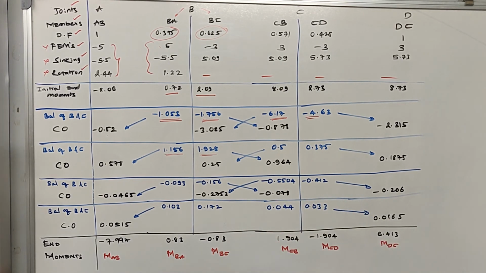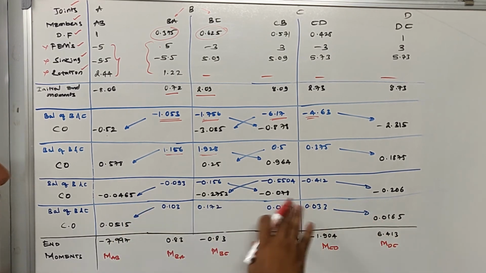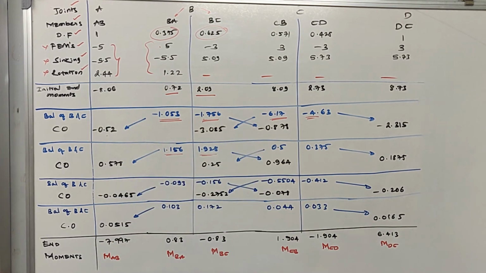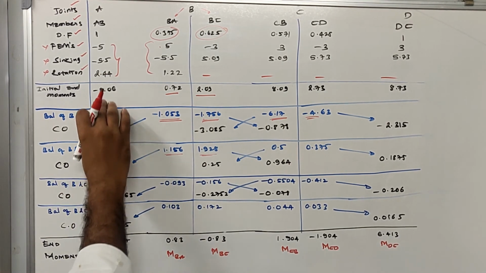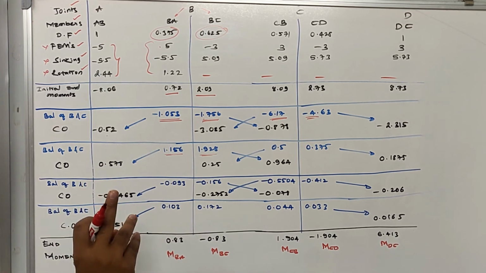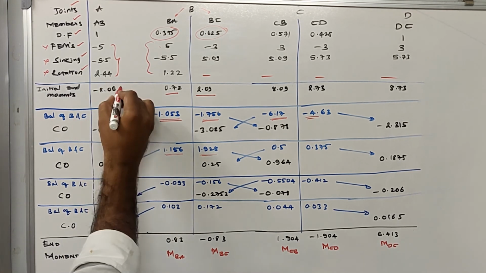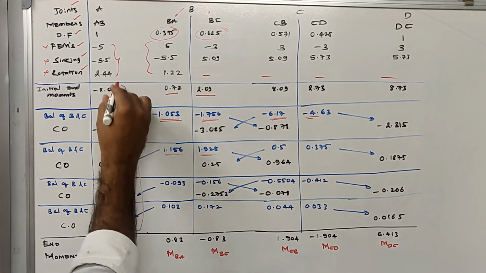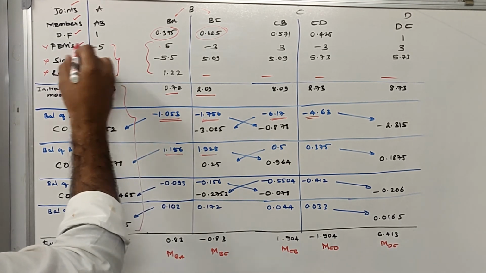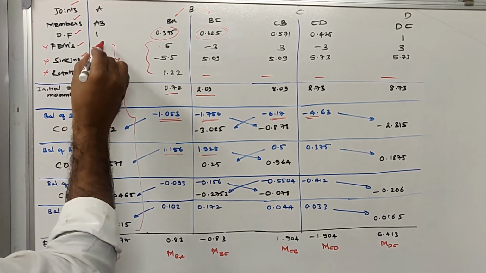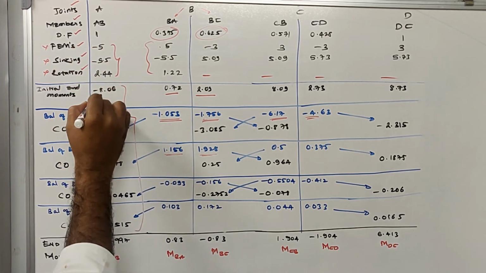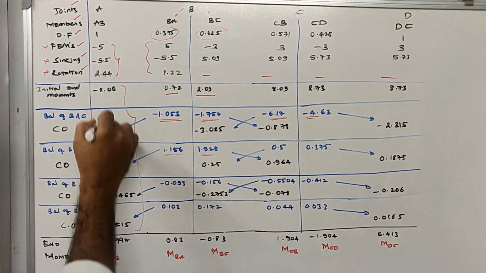Now here, as you know, this is your last step, where you will not carry over within the internal joints. Only for the far joints you will carry it over. Once this is done, what is the next step? We are calculating the end moments. How do we calculate the end moments? We are taking the sum of all the values. Now remember, while taking the sum, you need to take the sum of only these values. I told you to neglect the FEM, sinking and rotation, because all these three are included in the initial end moments itself, right? So you need to take the sum of all this.